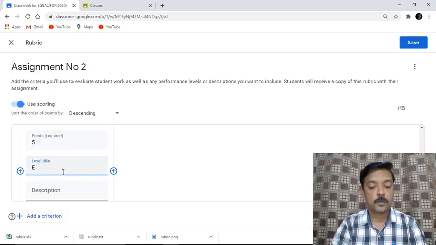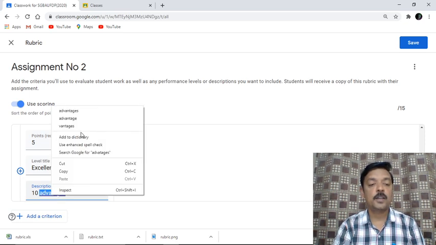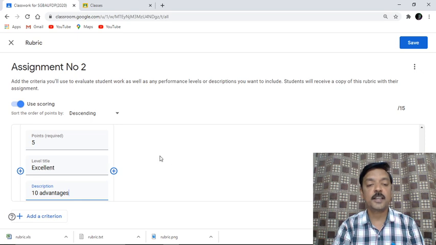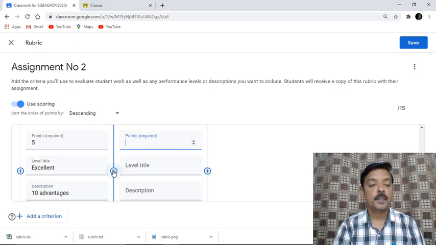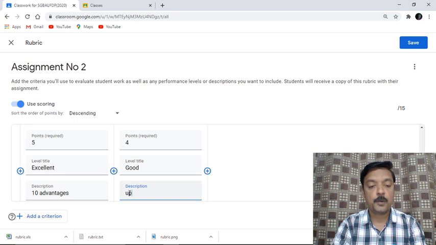Title, of course the same one, excellent. If he has written excellent, I'll put 10 advantages. Suppose he has written 10 advantages of Google Classroom, of course he is considered excellent. For another one, 4 marks will be given if he has written good, that means up to 8 advantages.